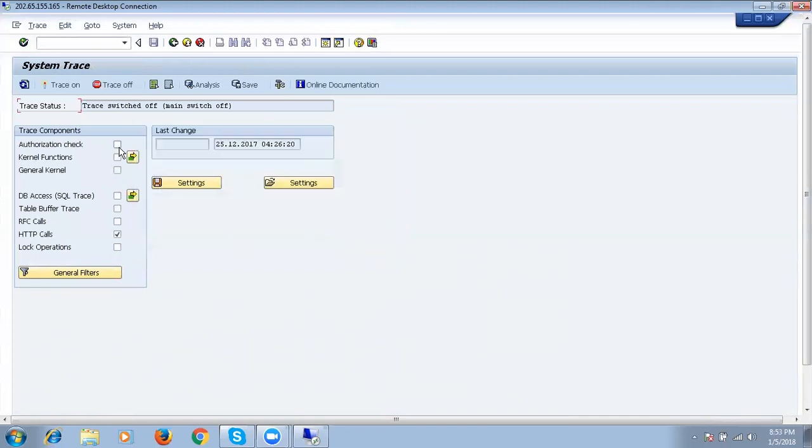And we have to take the trace for authorization check, so select the authorization checkbox and click on the Save Settings button. Now click on the Trace On button. Now the trace is on for that user.